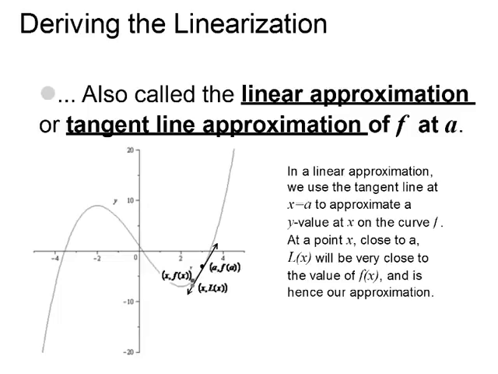Okay, so take a look at this graph. In a linear approximation, and I'm just reading for now, we use the tangent line at some x value, and we'll call that x value a, to approximate the y value at that same x value, or at a, on the curve. Now, at some different x value close to this one, L of x, which is on the line, will be very close to the value of f of x, and hence is our approximation. So I'm going to zoom in on this now,